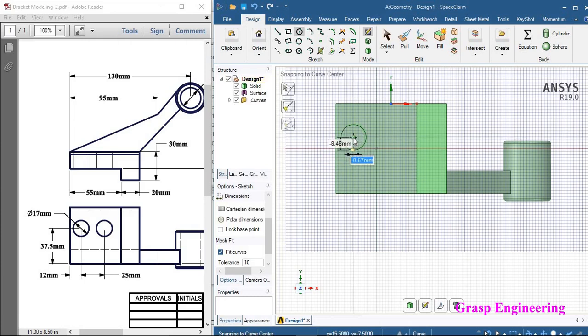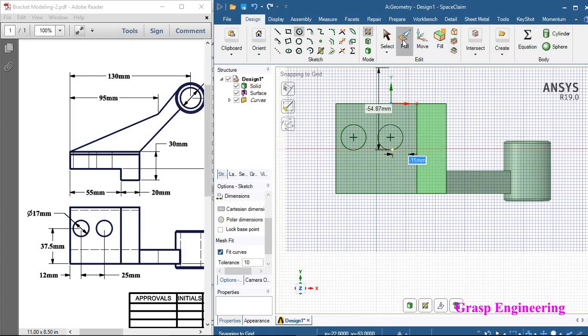Okay, now once your first circle is created, you can create another circle. Just give this reference, and put the dimension of 25, enter. I think we went further on the positive side, we should take the negative side. So you should take care of these things while creating a sketch. For that, you first click on this and drag on the positive or negative side. Right now if you see that it is on the negative side, so you can put -25, then create a circle of 17 mm.